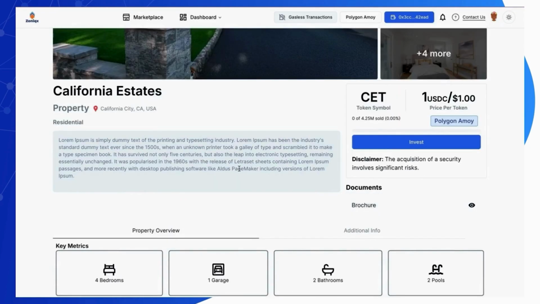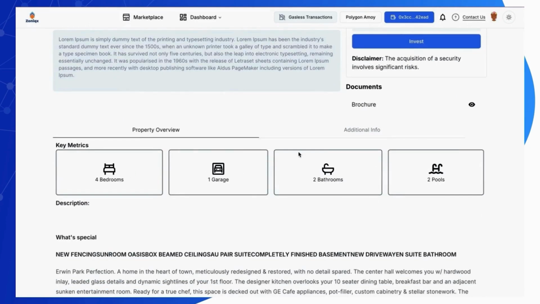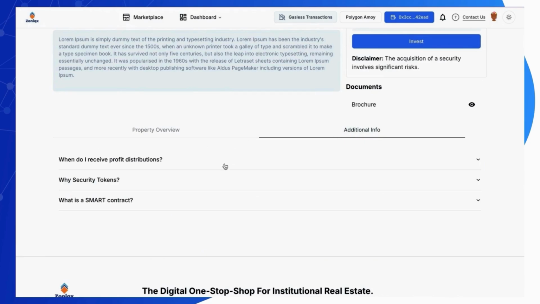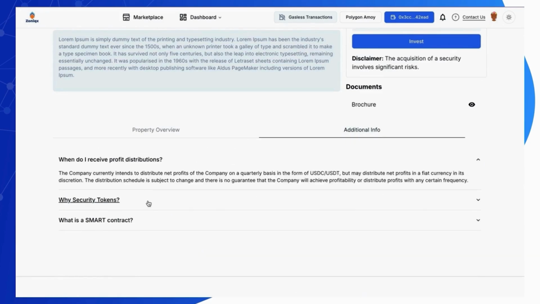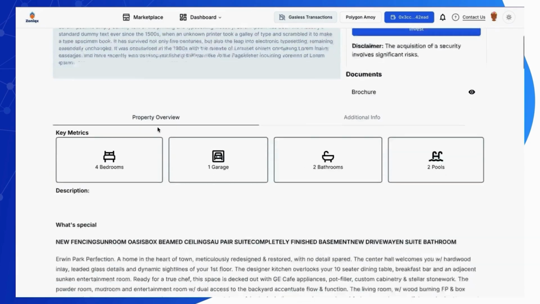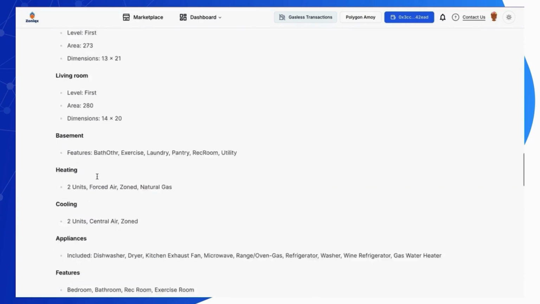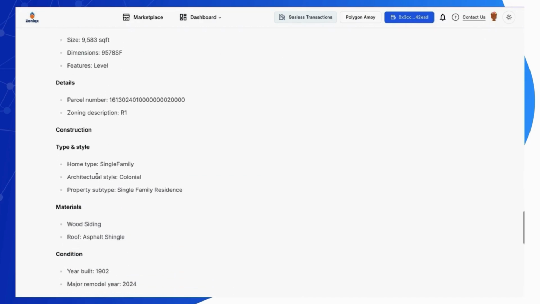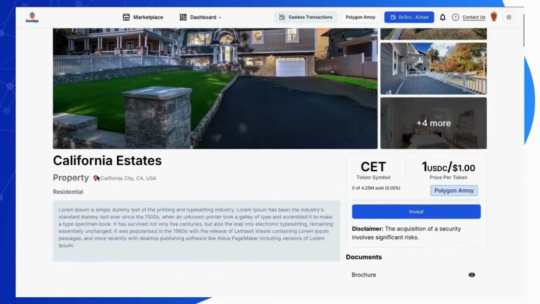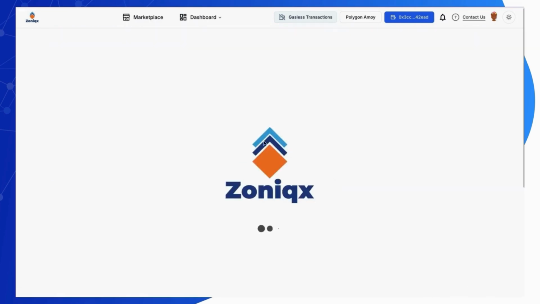Now you have the project overview. You can see the key metrics. You can see the additional info that includes the frequently asked questions, like this. And you can see all the deal details that the issuer has added about the deal as a real estate property. Once you are sure you want to invest, you click on Invest, and then you have some prerequisite steps